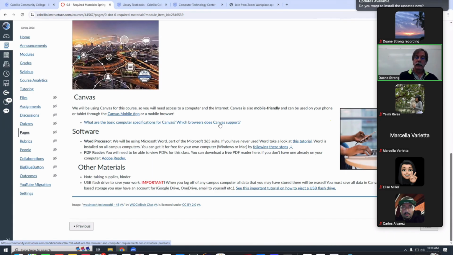So you download and install the 365 suite, but then you have to log into your Microsoft account with your student number, and most people have already logged in with one they made themselves. That's where everyone gets tripped up. And then the only other piece of software you need is Adobe Reader or some way to read PDF files.